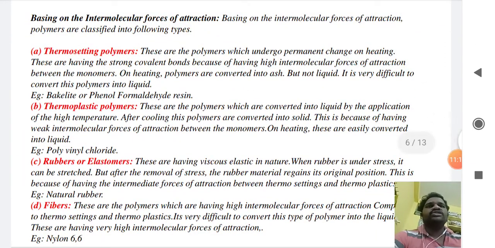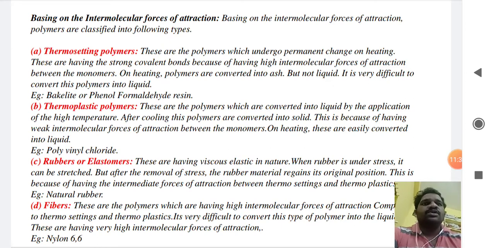The next classification is based on the intermolecular force of attraction. Each monomer present in the polymer is held by intermolecular force of attraction. Now the intermolecular force of attraction is not the same in all kinds of polymers. So based on the intermolecular force of attraction between the monomeric units, we have 4 different types